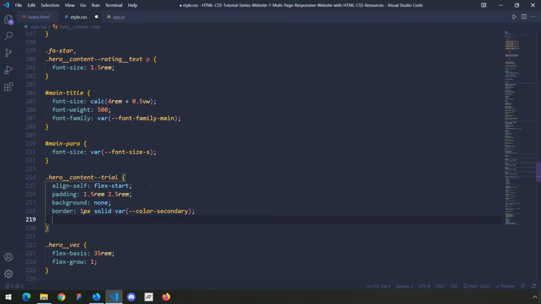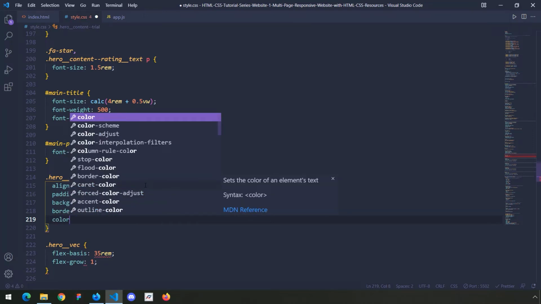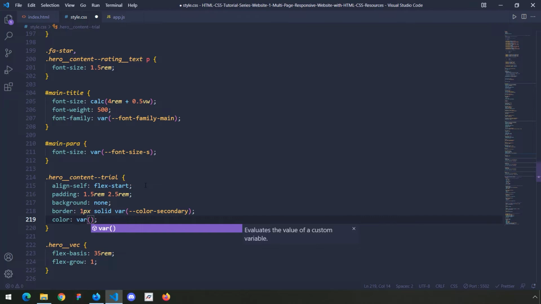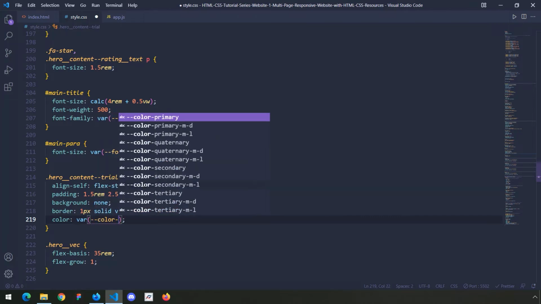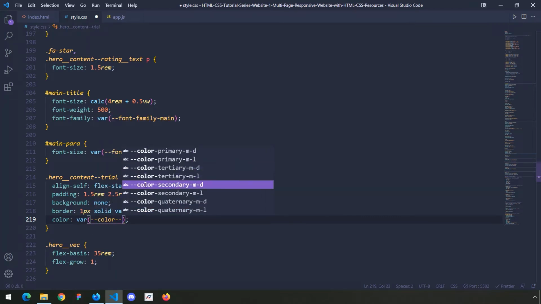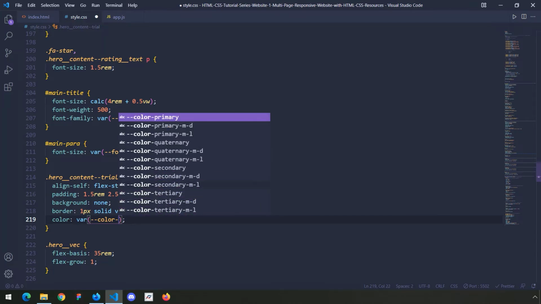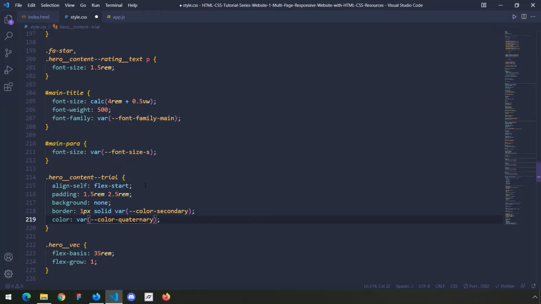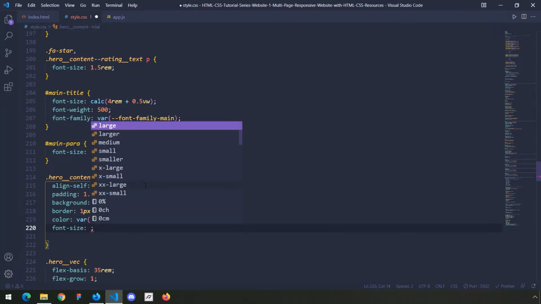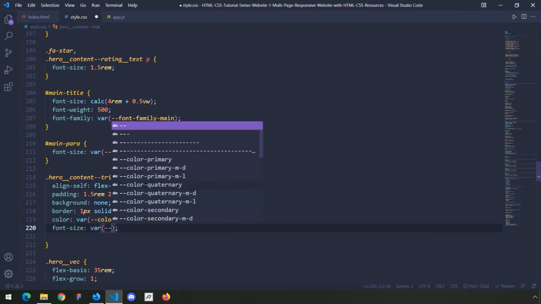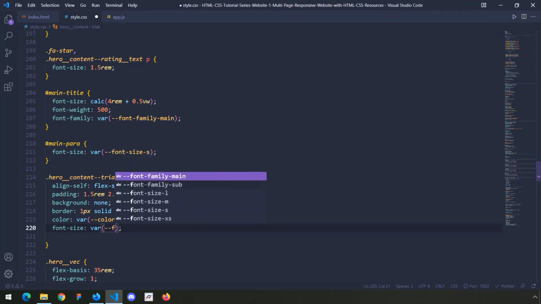And feel free to bring any kind of changes that you want, in the case of the colors, or whatever you don't like about this website. In fact, I do encourage that. So we have color quaternary. This is color secondary. So the color of the text is the same as the color of the border. So next up we have font size, var, this is going to be font size